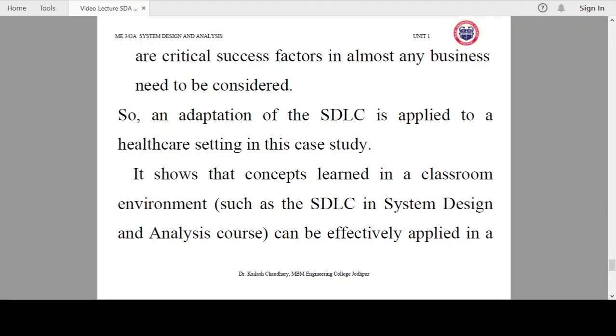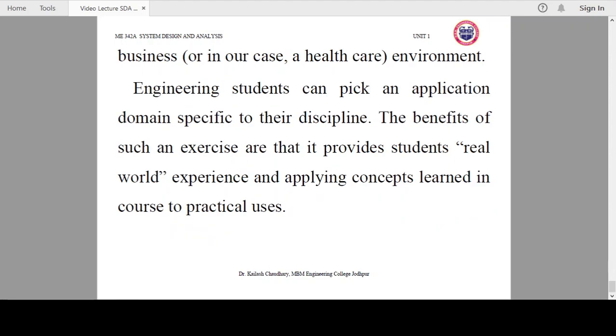So we can conclude that an adaptation of the system development life cycle is applied to a healthcare setting in this case study, and it shows that concepts learned in a classroom environment, such as the system development life cycle in system design and analysis, can be effectively applied in a business or, in our case, healthcare environment. Engineering students can pick an application domain specific to their discipline, and the benefit of such an exercise is that it provides students real world experience in applying concepts learned in the course to practical uses.